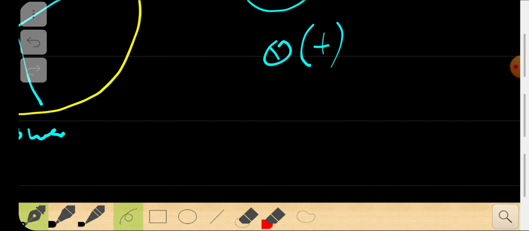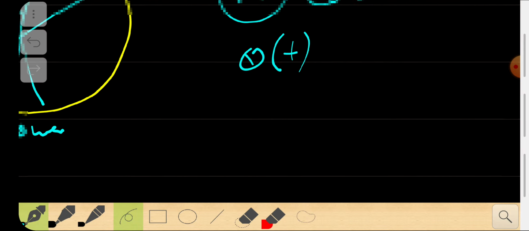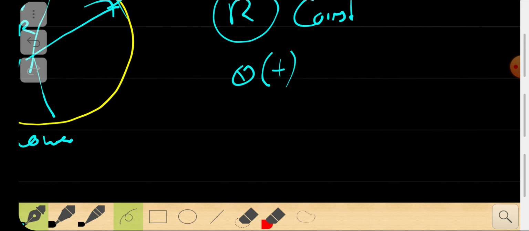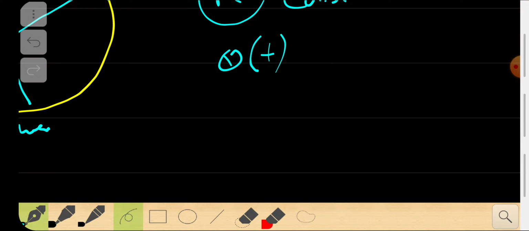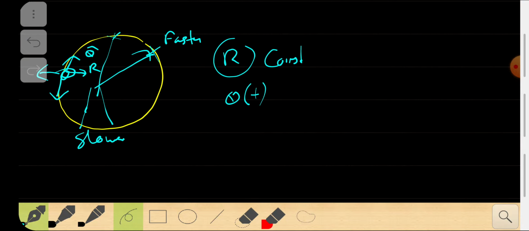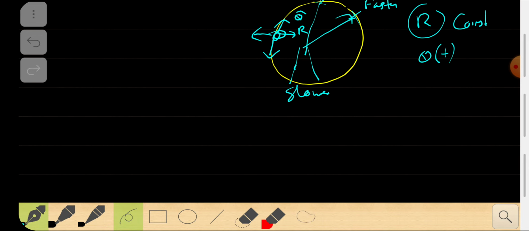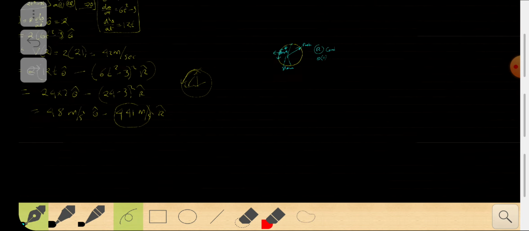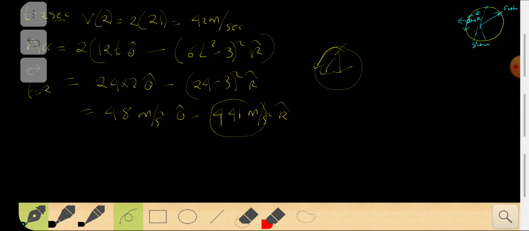Let's find out the radial one. This is an additional thing that we can find out easily when we use this kind of a polar solution of acceleration. When we use that in actual cases, we can find it out easily. So let me show you how we can do that. Let's get back to the acceleration equation, right? So we had the acceleration equation.